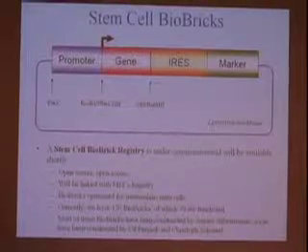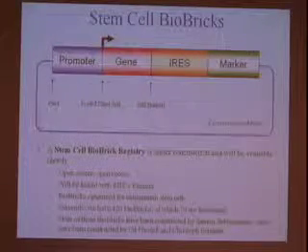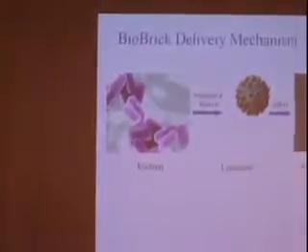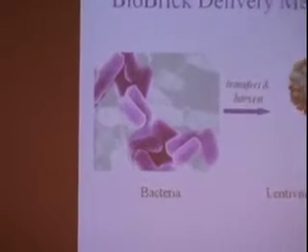Most of these biobricks have been constructed by Sairam in the Weiss lab, and some of them have been constructed by Sil in the Weiss lab and Christoph in the Lemischka lab. The biobrick delivery mechanism that we use are lentiviruses, because otherwise it's very hard to genetically engineer or manipulate embryonic stem cells. So the first step in this process is to create a bacterial plasmid, that is a plasmid